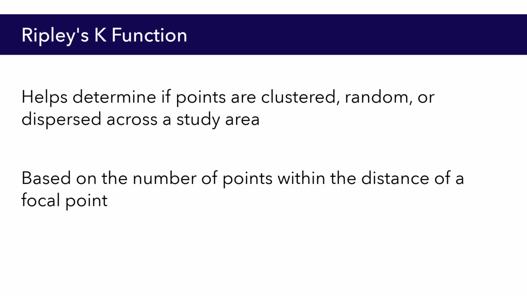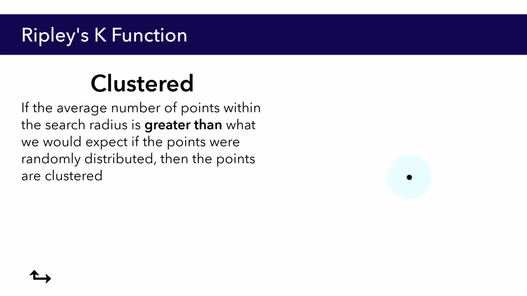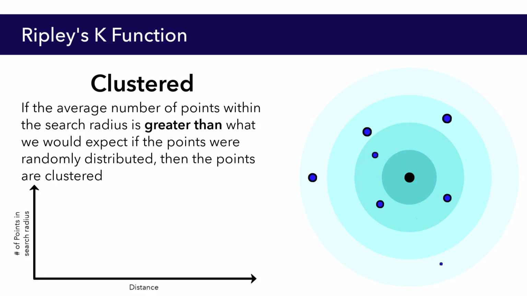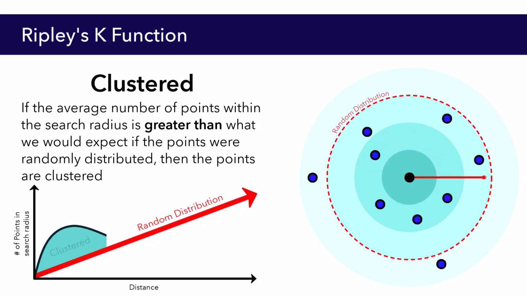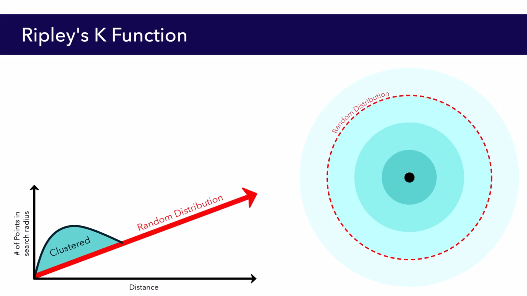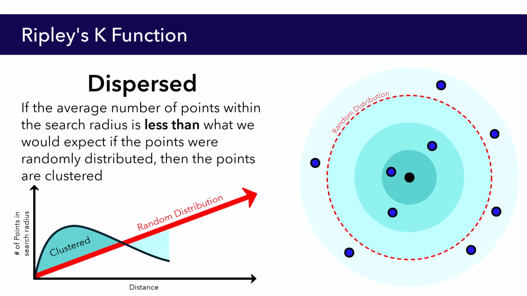The function is based on the number of points occurring within a given distance of a focal point. If the average number of points within the search radius is greater than what we would expect if the points were randomly distributed, then the points are considered clustered. If the number of points within the search radius is less than what we would expect, then the points are